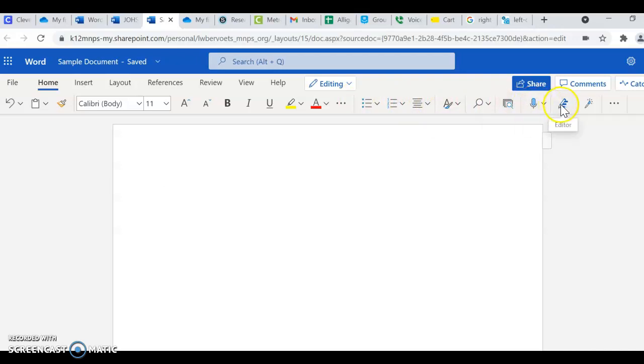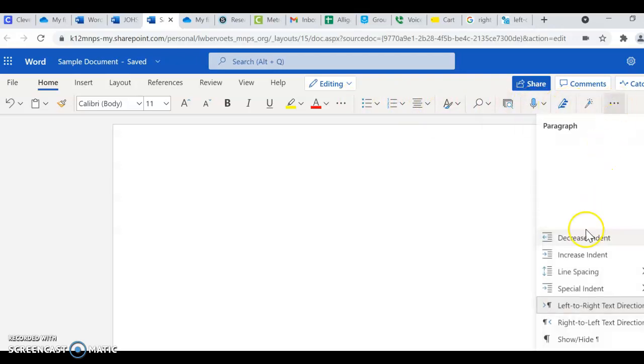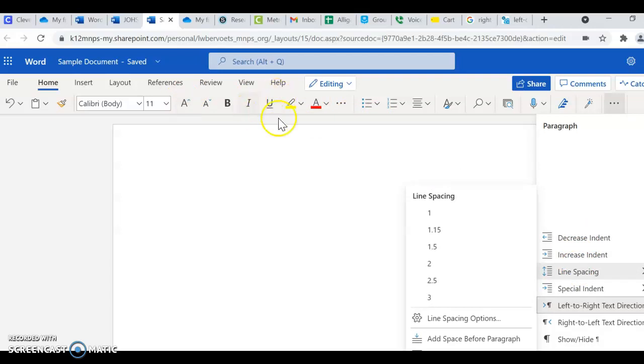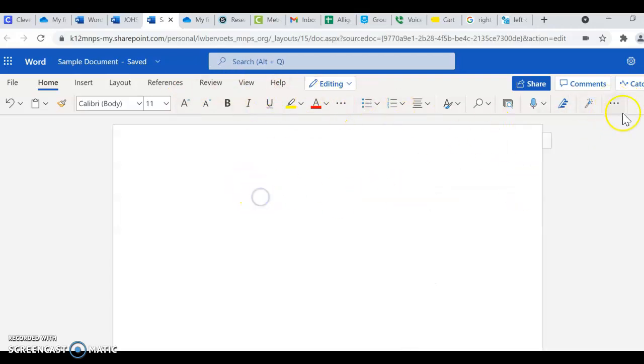Here's your dictate. And here is where if you want to indent or increase your indent or do your line spacing. So some of the things that didn't really fit up here, you have to click on these three blocks to get to. So that is the Home tab on both Office 365 and